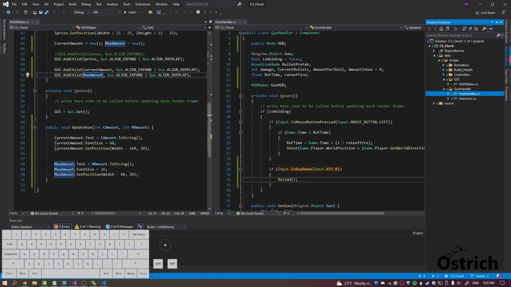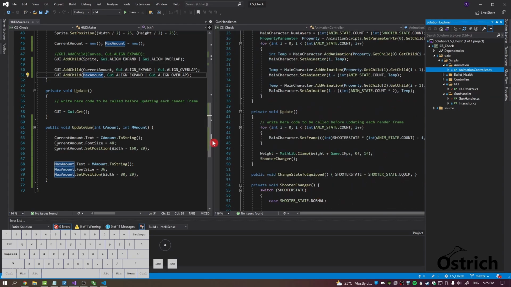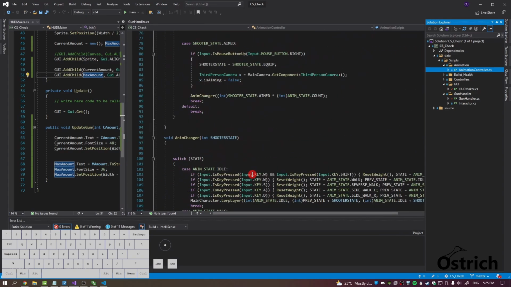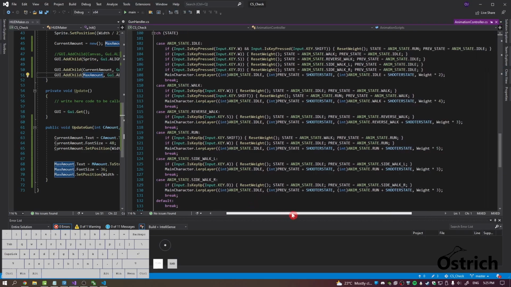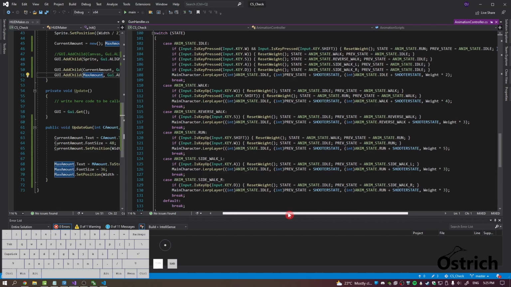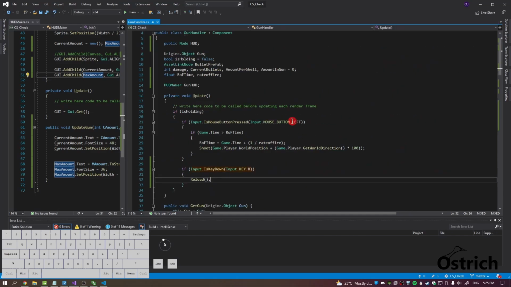Sweet. Alright, so we got that going. I feel like I'm messing up something here for our shoot, sidewalk L. Weird. Ah yes, of course I'm making a mistake somewhere here. Press A, state equals sidewalk L, previous state equals idle. That is correct. Anyways, I'll fix that later on. At the moment, that's all we have for bullet